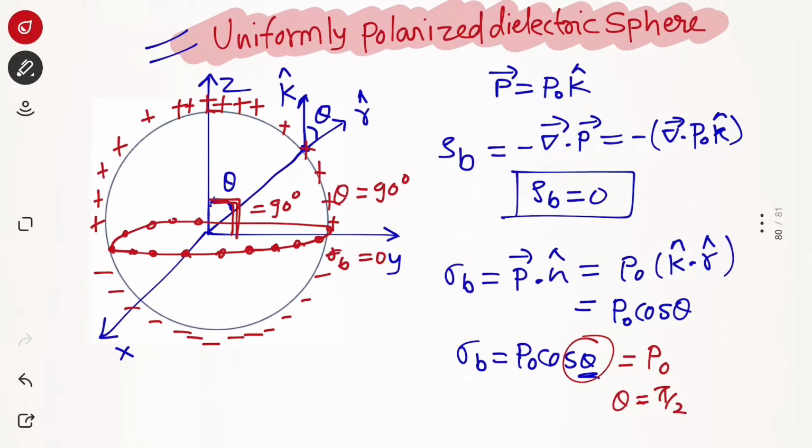So see, in case of uniform polarization we'll have a charge distribution which is not uniform. So we cannot say that it is a symmetric case; it is a non-symmetric case. And for a non-symmetric case we cannot use Gauss law to calculate electric field, because E cannot be taken outside of the integration. So there is an analogy, or we can say a special method, to solve this kind of question where we have uniform polarization. Let's move ahead, how we're gonna find E inside and E outside for this kind of questions.